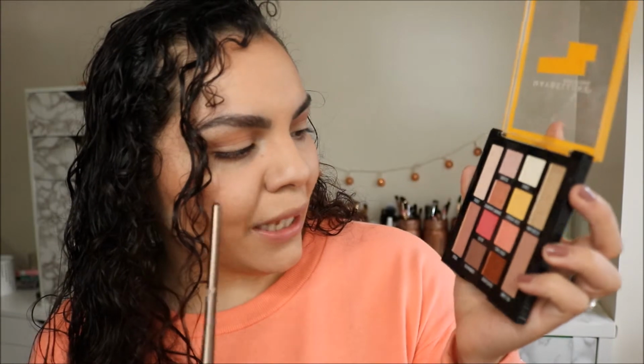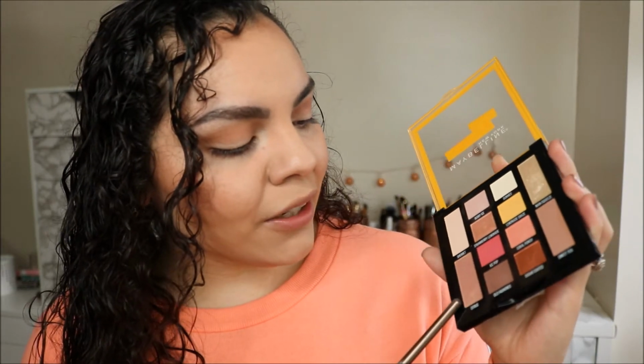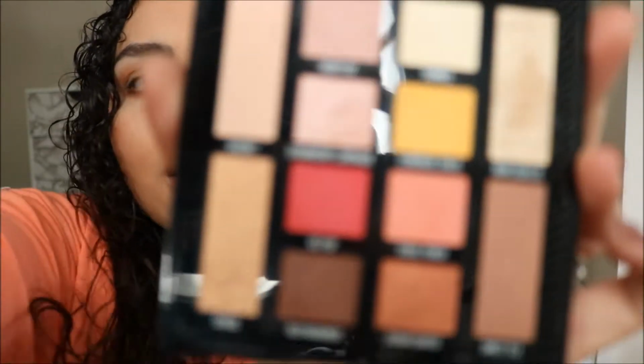It's a very pretty, rosy yellow. It's a very unique shade. It has multi-dimensional specks in here. It's greenish, rose gold, copper, like glitters in there, and it looks like a very unique shade. You can't probably see it from here, but let me,